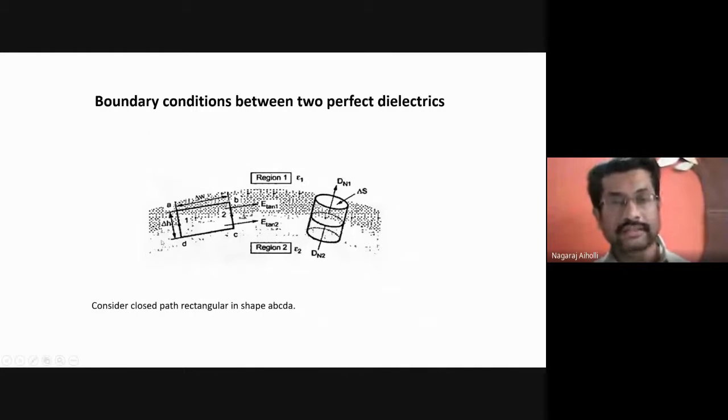Okay, we are considering the boundary condition. Therefore, we make delta H tend to 0 so that we can study the conditions at the boundary between the two dielectric media. So the integral from B to C becomes 0, and the integral from D to A also becomes 0 as delta H tends to 0. Therefore, we have only A to B and C to D.